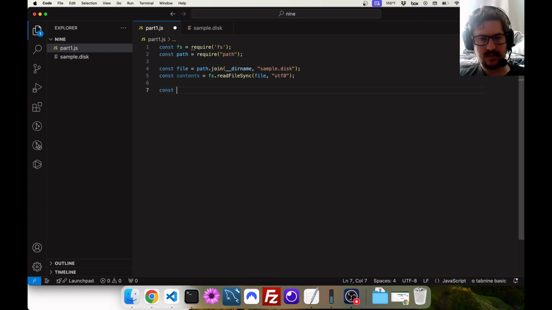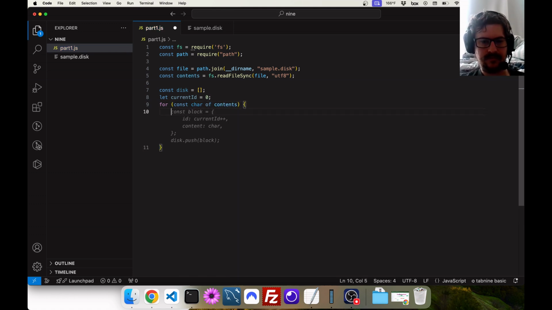Let's see. Well, it's disk equals, and we'll just make an array because why not? Current ID. Okay, so now we're going to loop over the contents. I think we can do this with a string. I think we can. That is really interesting, but not what I want. You know what? Actually,